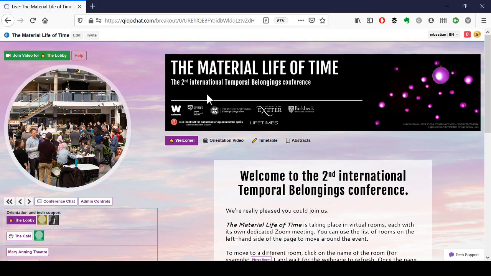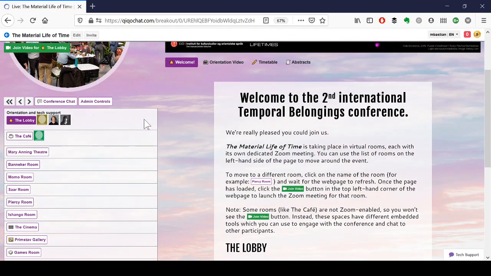You can also think about this as the registration desk. So this is the main place to come to get your basic information about the conference and also to get help from our tech administrators. So remember at any time if you need information about what's going on or if you need help to come back to the lobby. So the way the Qiqochat platform is set up, you'll have along the left-hand column